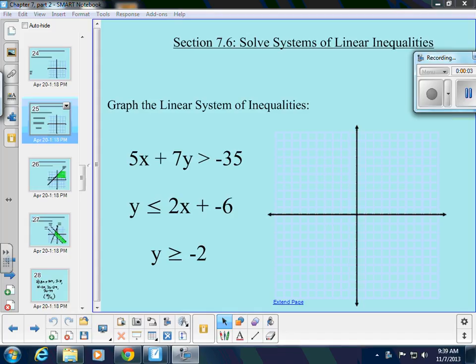Today's lesson is a continuation of section 7.6, solving systems of linear inequalities. In the previous lesson, we talked about how to solve a system of linear inequalities. If I have two or three of them, I can graph them just like we learned at the end of chapter 6. And remember, with an inequality, we're actually finding an entire set of solutions, not just one solution, but there's often